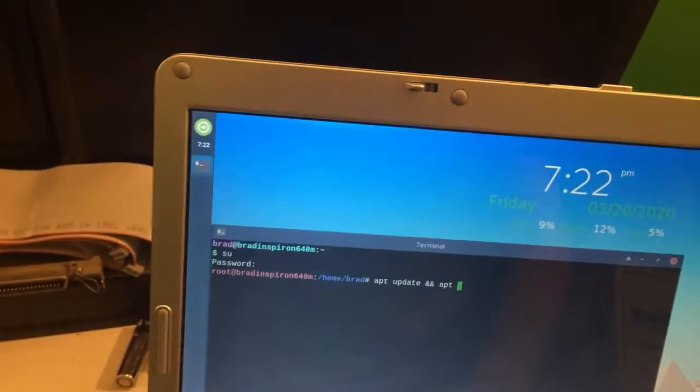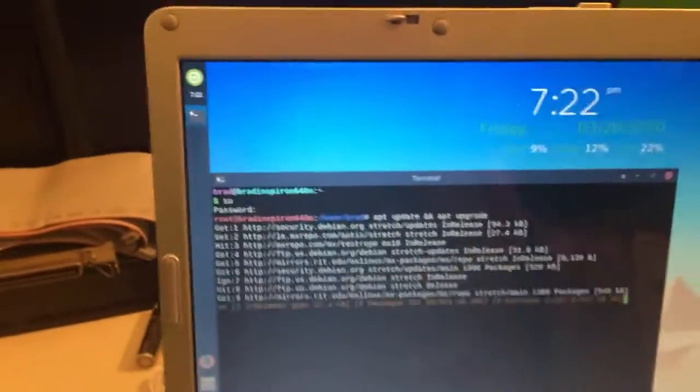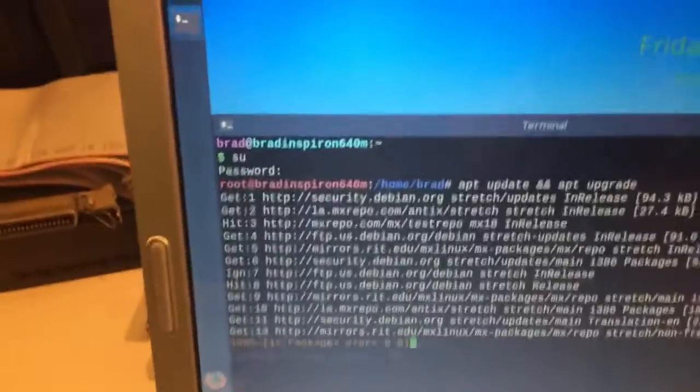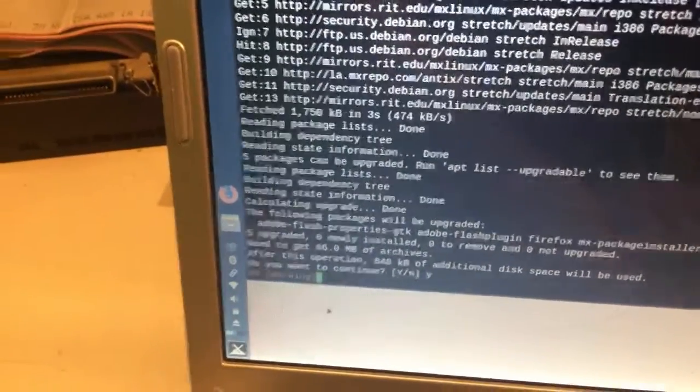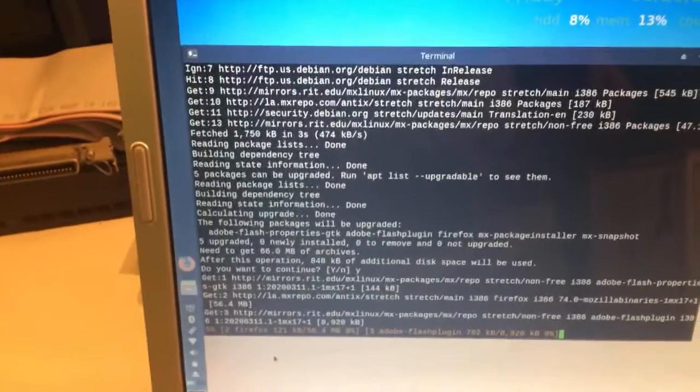So there we go. Put it into root mode. A lot of people will do sudo and things like that. I don't bother. I just rather put it directly into root super user mode, so I can just run these commands. There's a couple updates. Anyway,